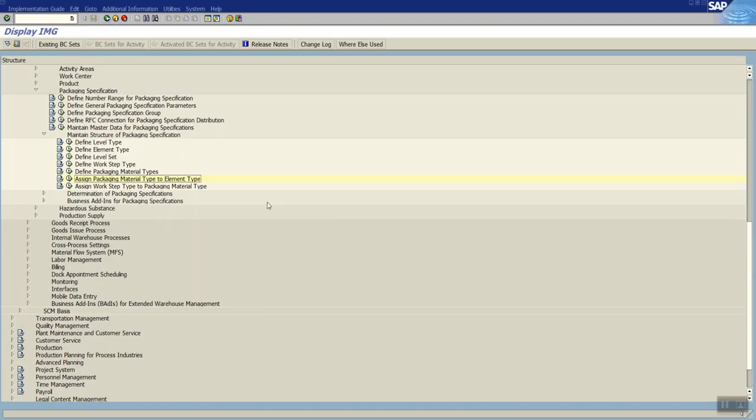So these are the main configuration settings. Level set is the main thing. Once we define the level set structure, we have to assign the packaging material to the element type, and then this level set has to be assigned inside the packaging specification group and the dependent number ranges.